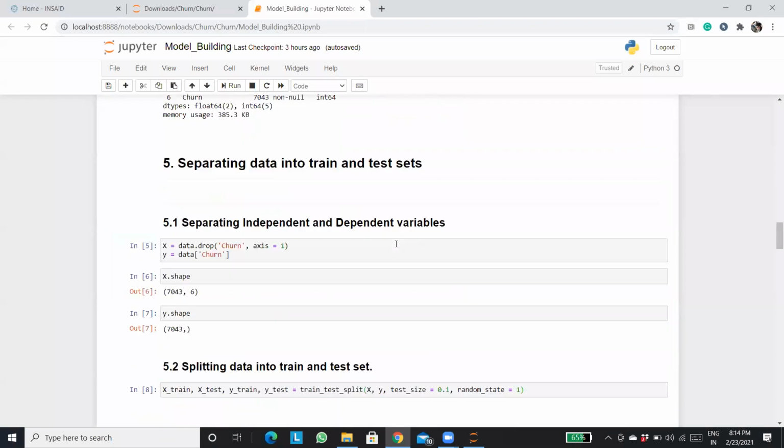So just give me a second, guys. Actually my mouse, I guess the battery is low. I'll just quickly plug it in. Yeah, just give me a second.